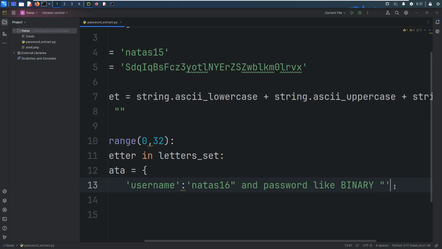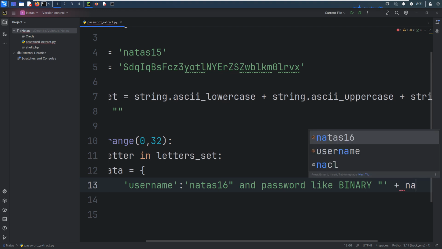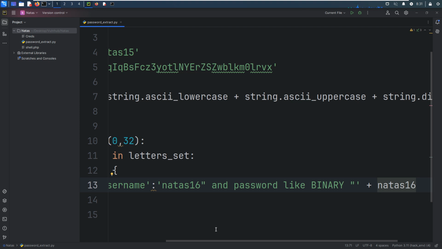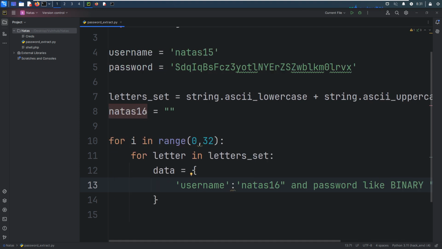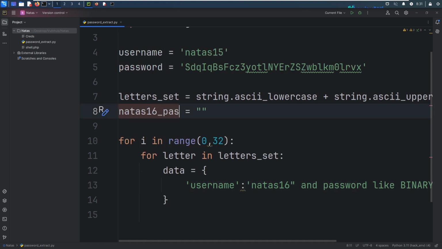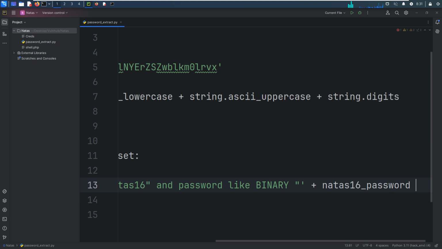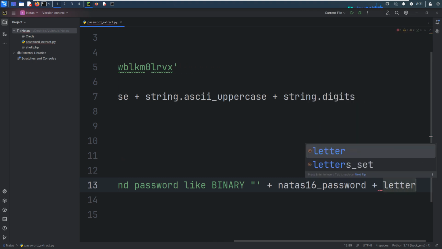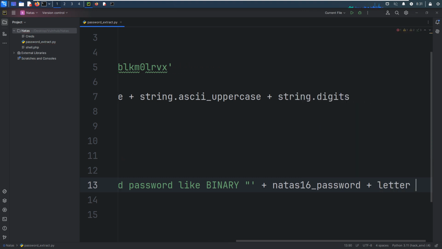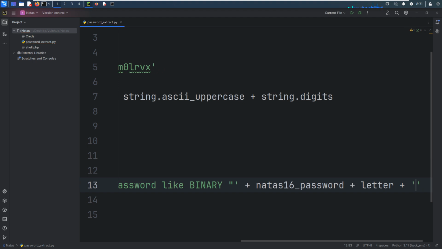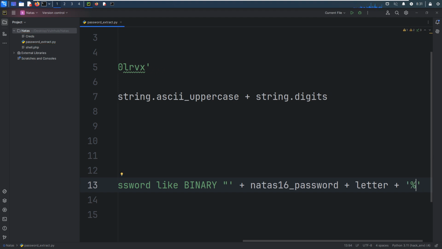And now we can plus the password, concatenate it later.